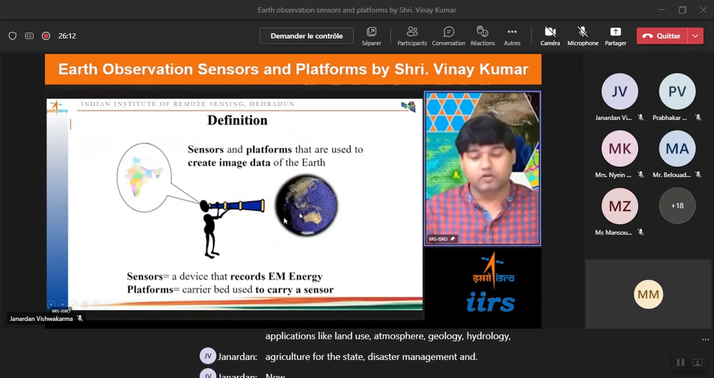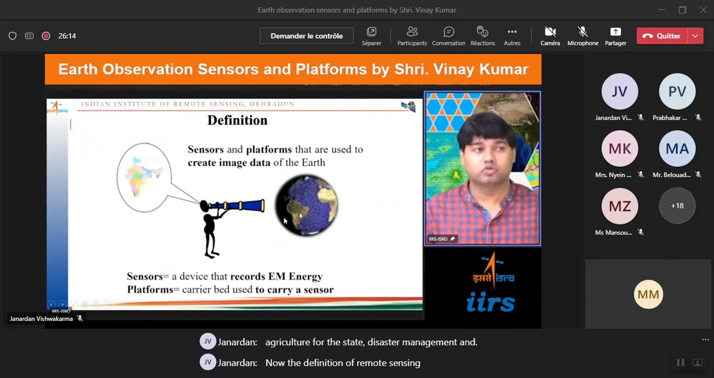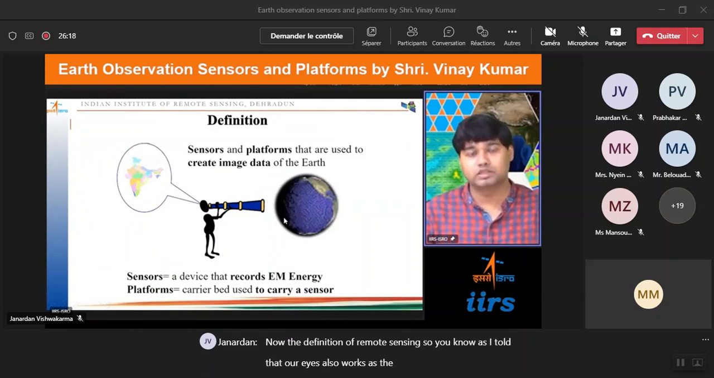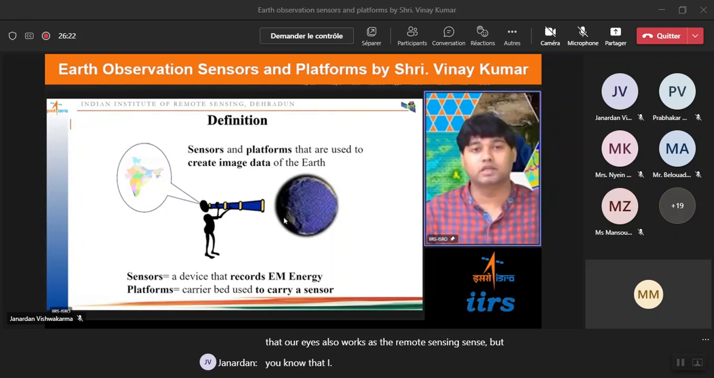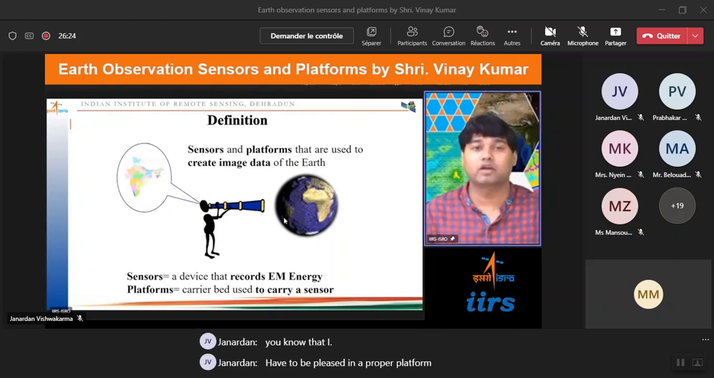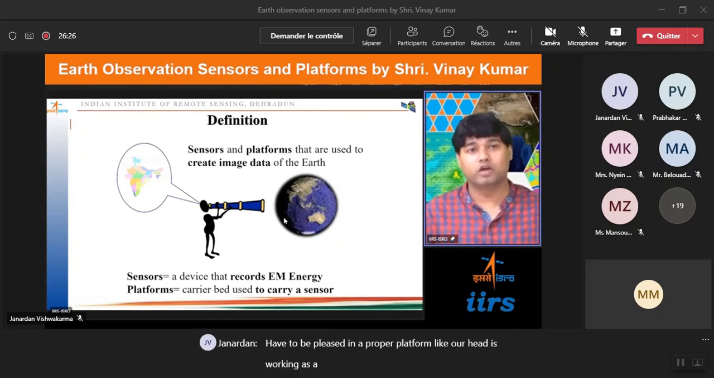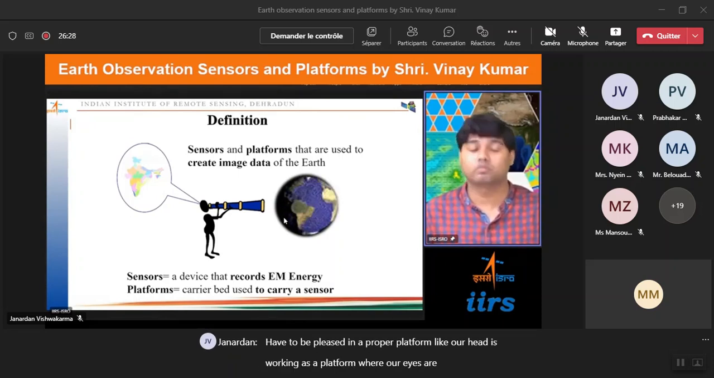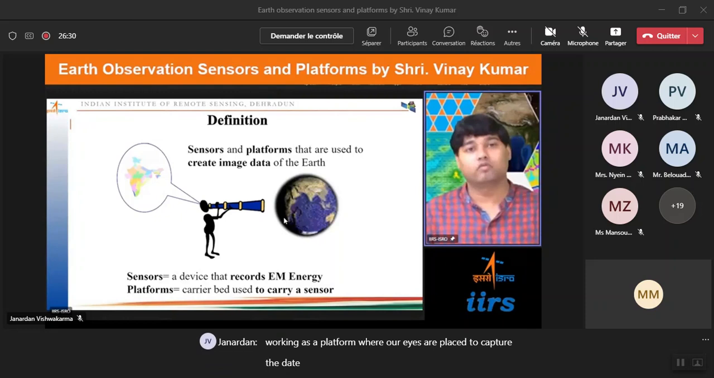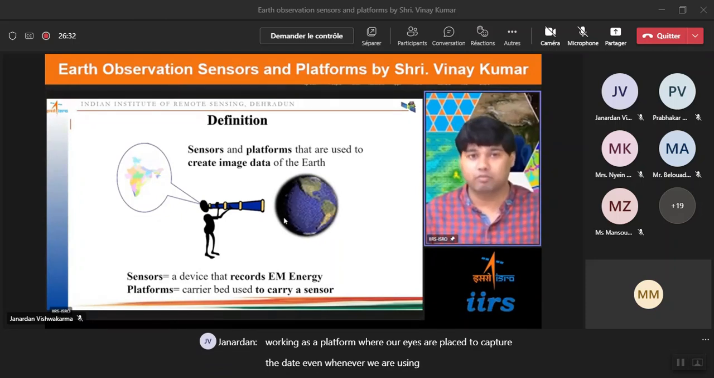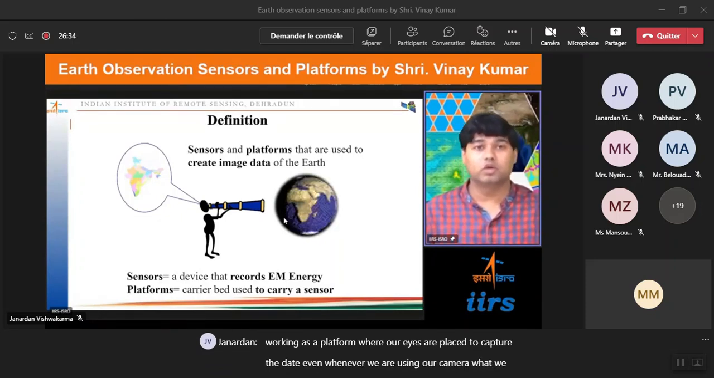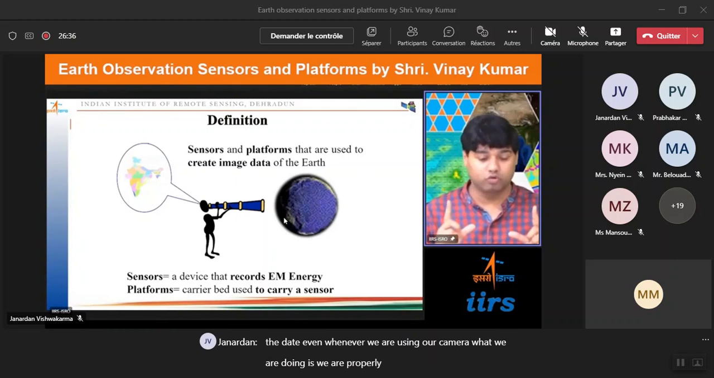Now, the definition of remote sensing. As I told you, our eyes also work as remote sensing sensors. But you know that eyes have to be placed on a proper platform, like our head, which works as a platform where our eyes are placed to capture the data. Even whenever we are using a camera, we put it in a